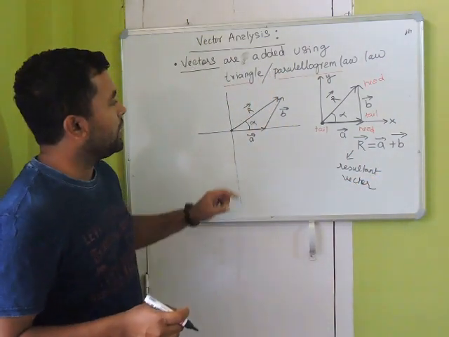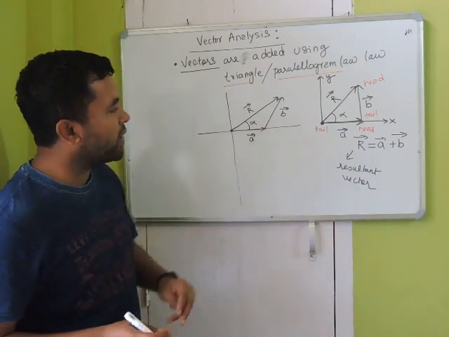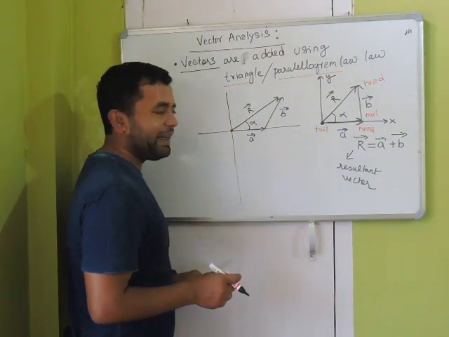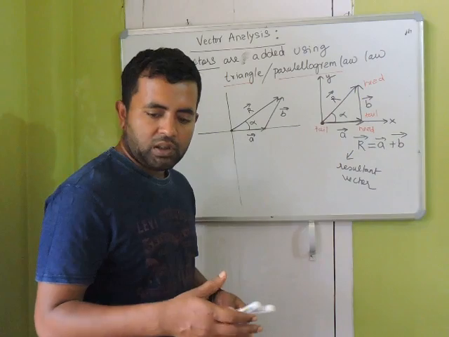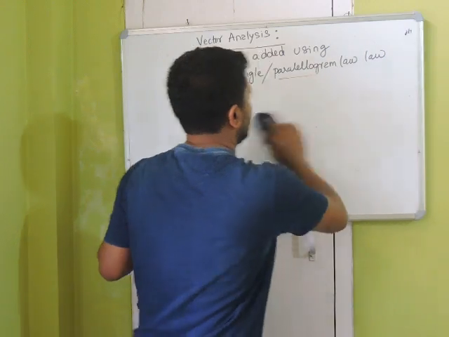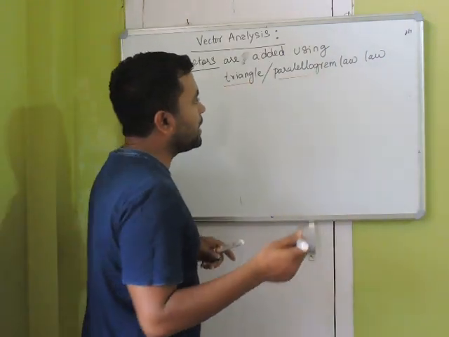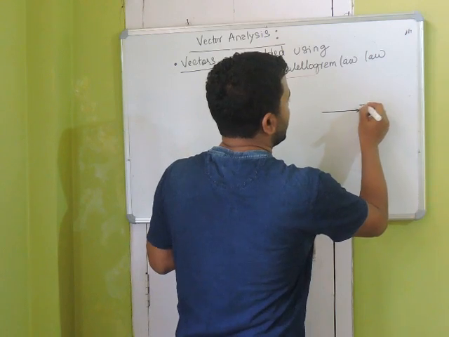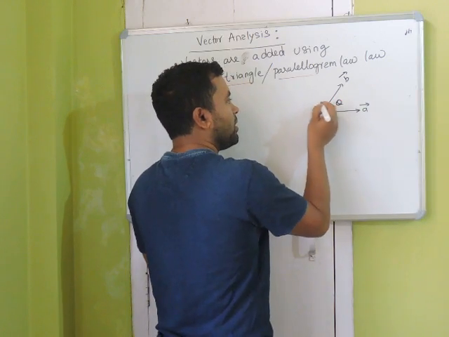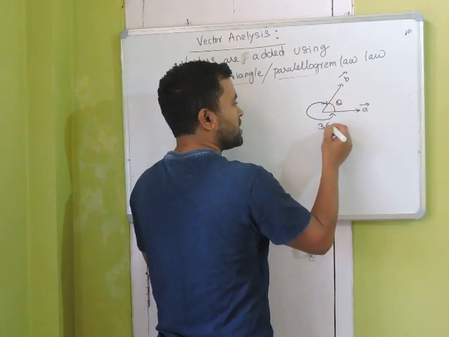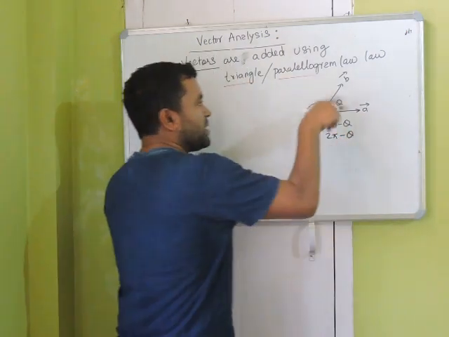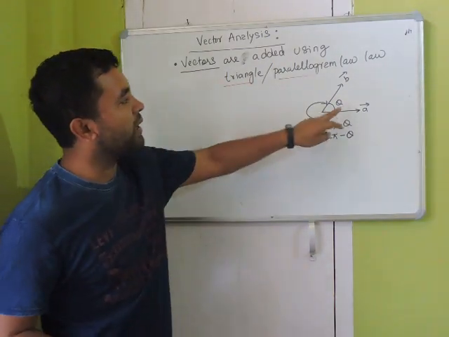Now, one very important thing: the angle between two vectors is measured where the tails of the two vectors coincide. So if I have a vector A and a vector B, there are two possibilities, right? You can say this is the angle or this is the angle. This will be 360 degrees minus theta. In radians this is 2 pi minus theta. So which angle is between A and B? It turns out we have to take the smallest angle.